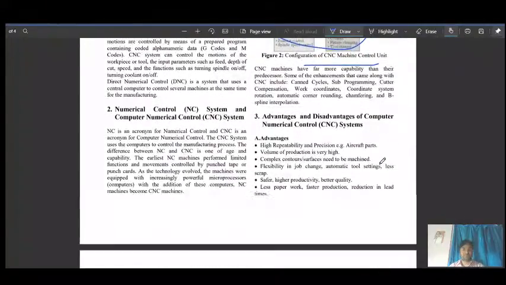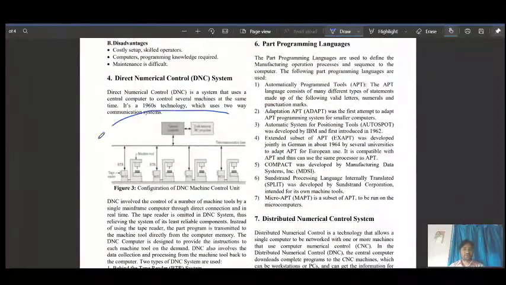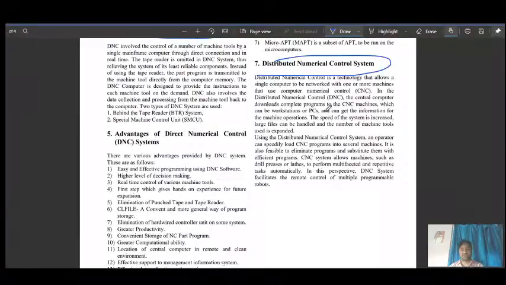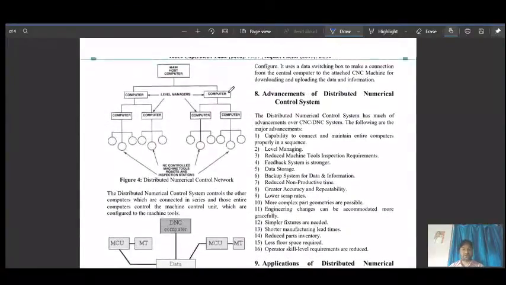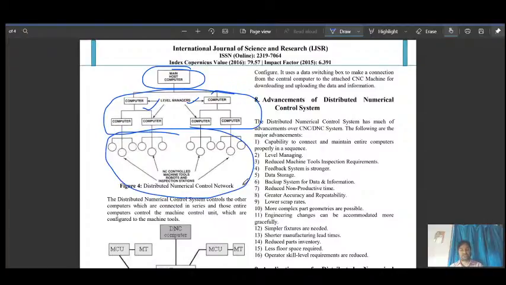So this one was the CNC machine, and then in this paper what we have is direct numerical control, where machine tools are connected with the central computer and telecommunication line. And then we have the distributed numerical control system, where all the machines are connected to a main host computer like a server, and then mini computers like satellite computers, as you can see. And here all the machines and data can be stored and accessed. And so again, MIS, Management Information System, the role of data storage comes here. So you can read it.